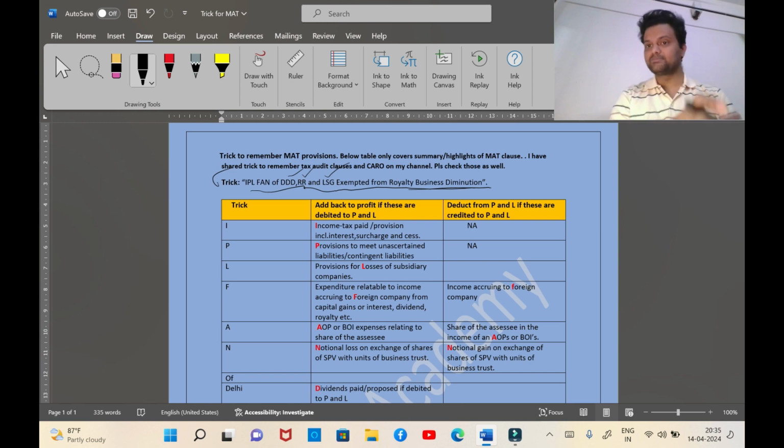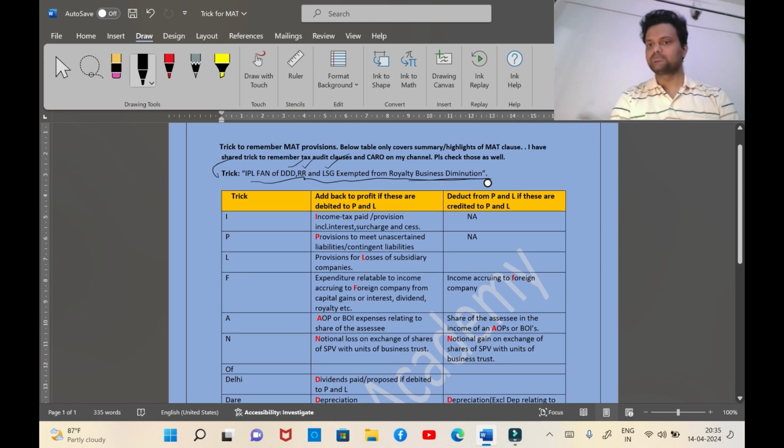Now, I will link this statement with the below table of MAT provisions. I am giving only the highlights of the provisions. I am not copy pasting the entire provision here; for the entire provision, you can refer to your material, because it becomes very lengthy. Second, before watching this video, I want you to cover the MAT provisions first and then come here. Otherwise, it becomes more confusing because we have not studied the MAT provisions yet.